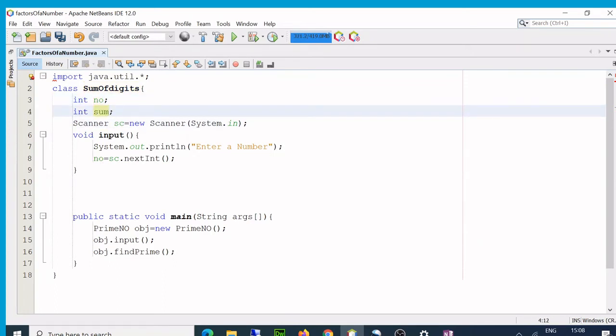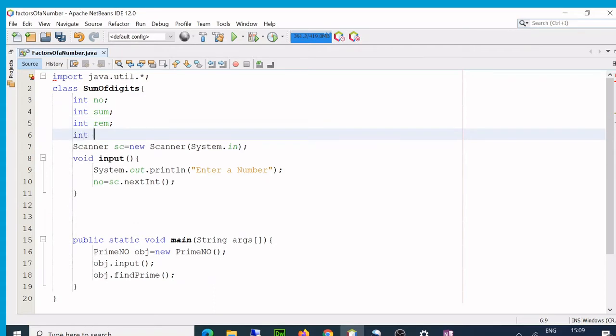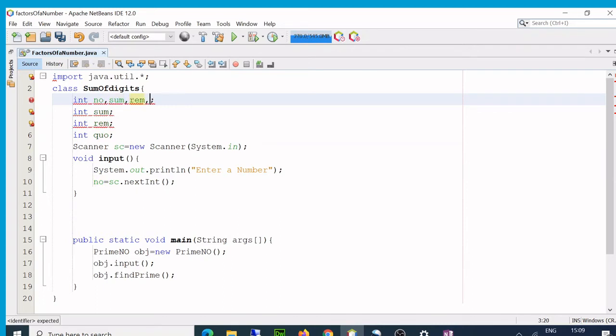I also need int remainder, and I will need int quotient also. So I'll make it a longer process. If you don't want to write it like this, you can always write it with a comma here and then rem.